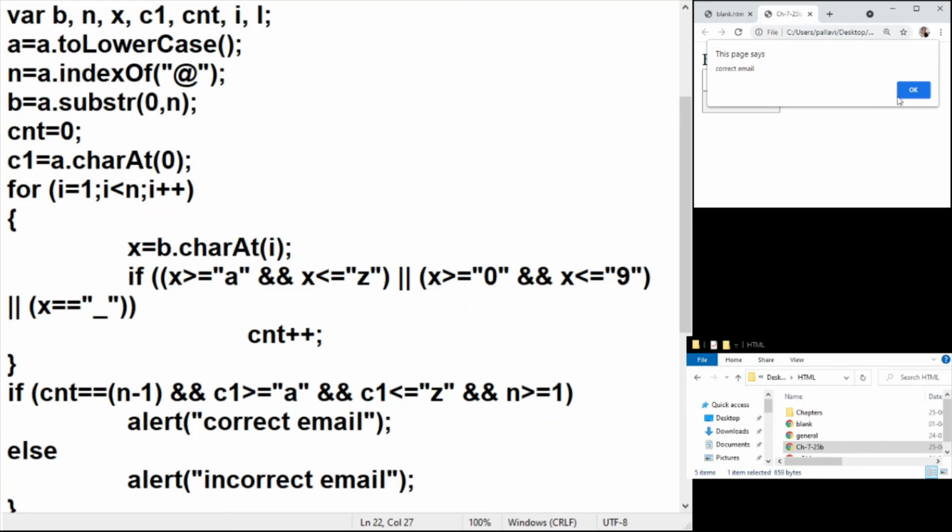Okay, does it work? Right, it says correct email if I entered digits. If I entered an underscore or maybe multiple underscores, it says correct. What if I entered only one alphabet? Correct. Okay, what if I removed everything else?